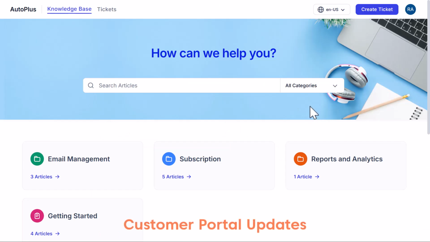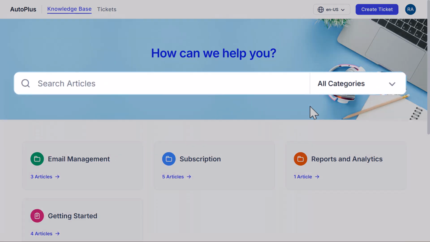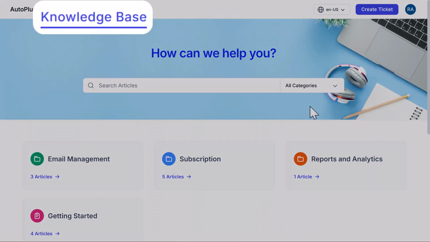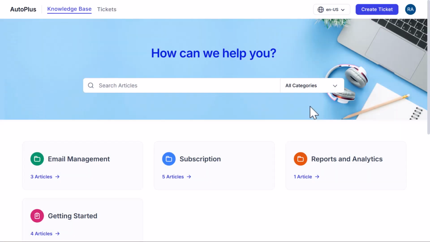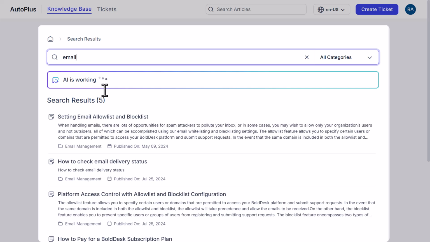Next are the updates done to the customer portal. We have enhanced the article search functionality in the customer portal knowledge base with a new and improved search page. Now customers can search for articles more effectively and receive relevant results by including basic details such as category and